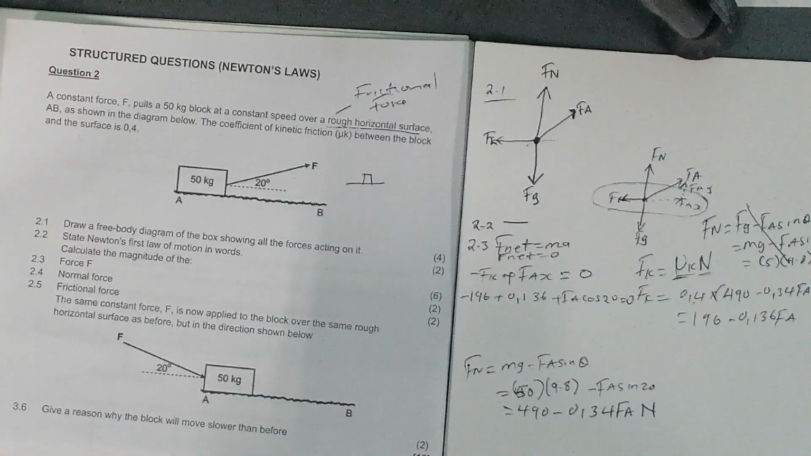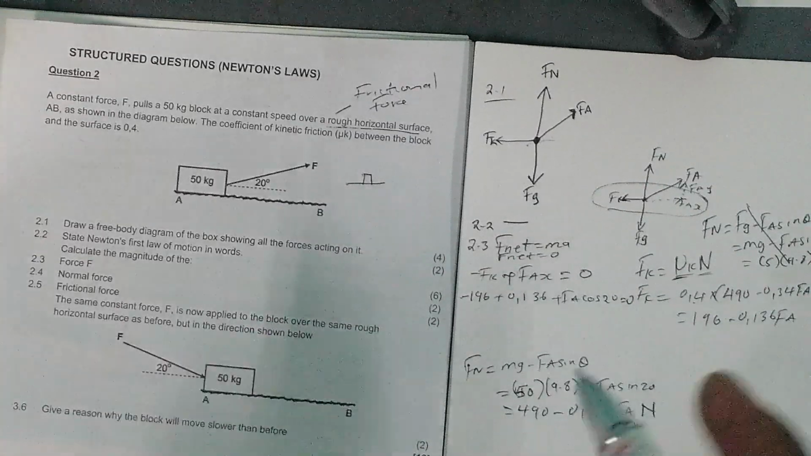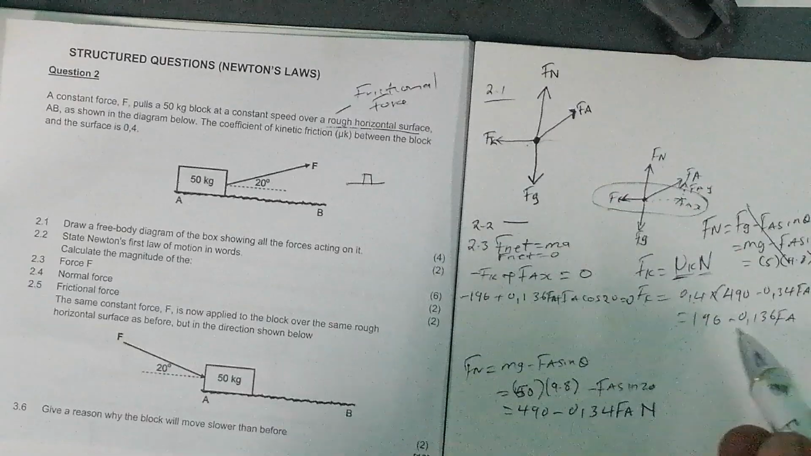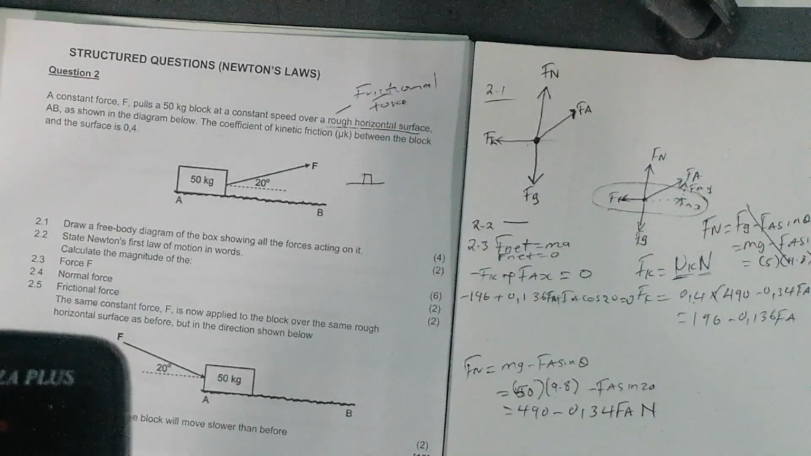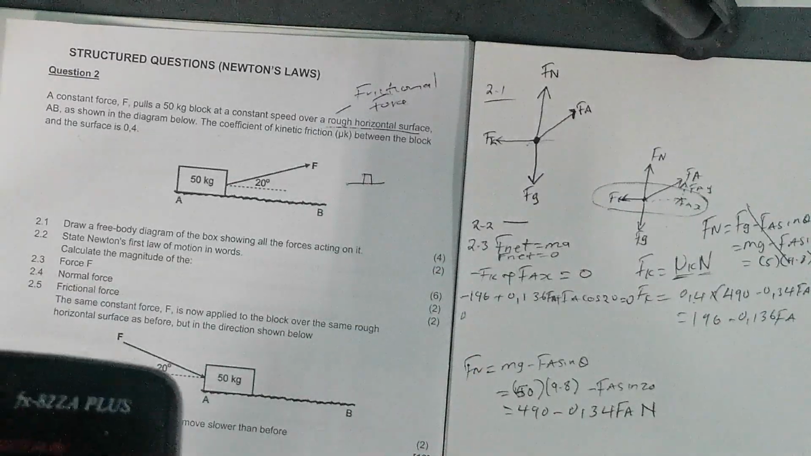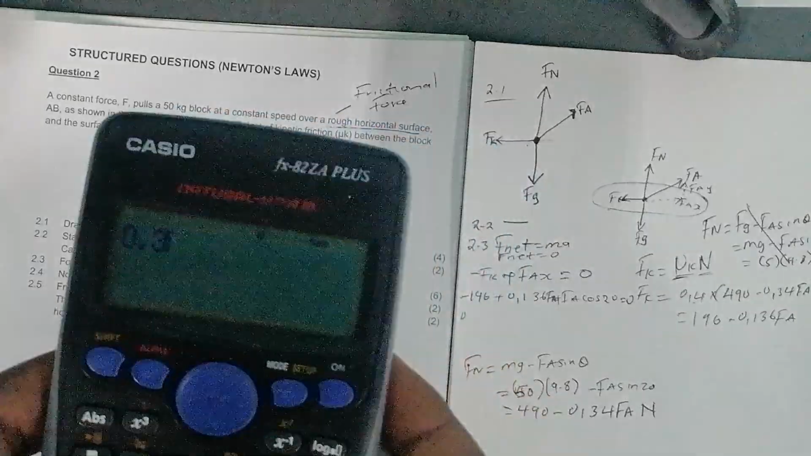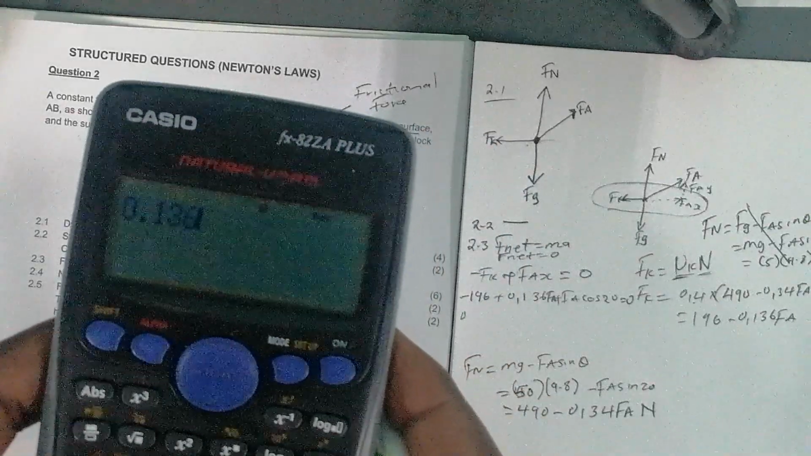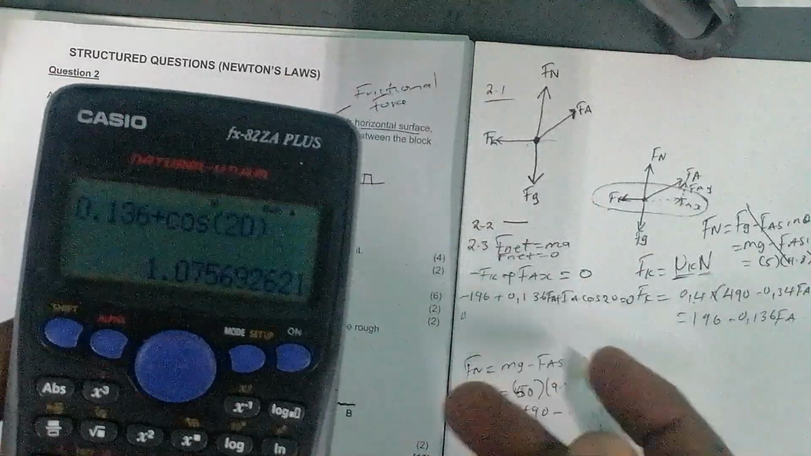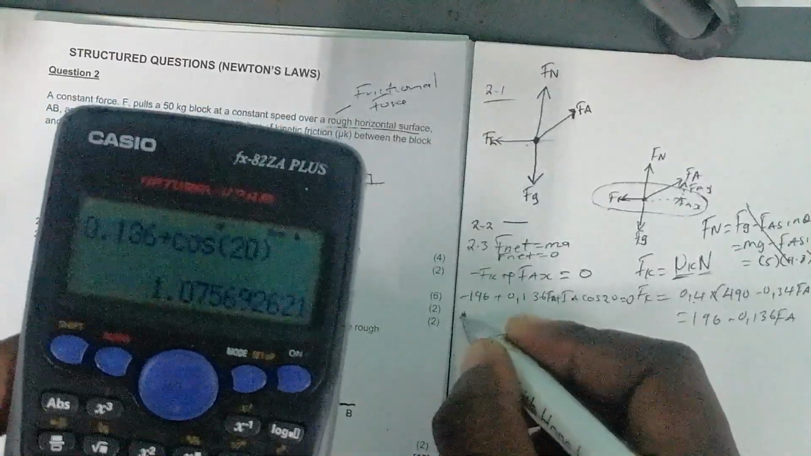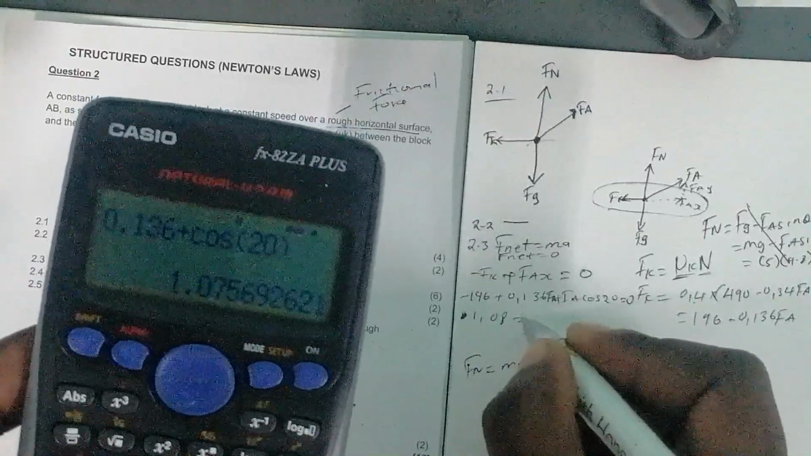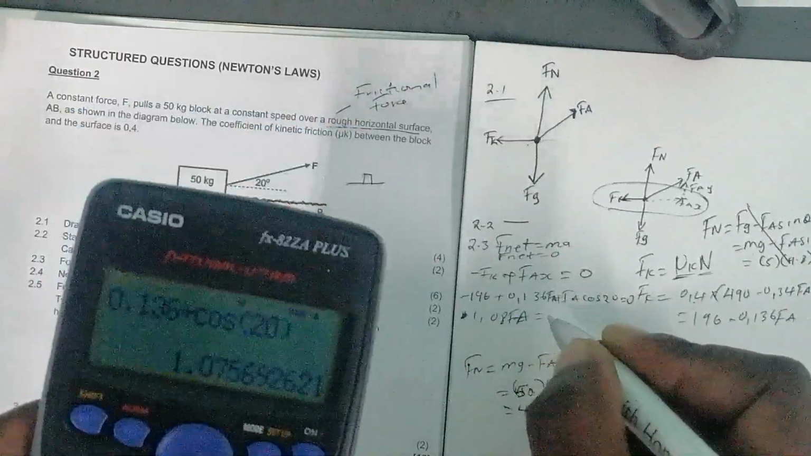Yes, what else? This is Fa, do not forget that. Sorry guys, because it comes from this, right? So we'll take this negative to go on the right. Therefore we'll have 0.136 plus cos 20, because these are like terms, Fa and Fa. We're going to have 1.08 Fa equals